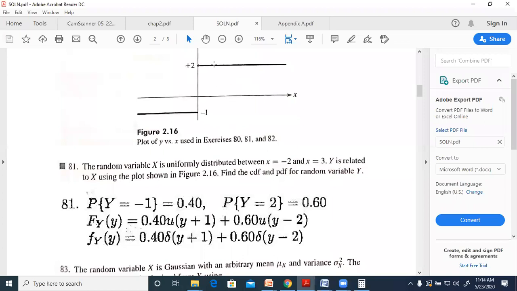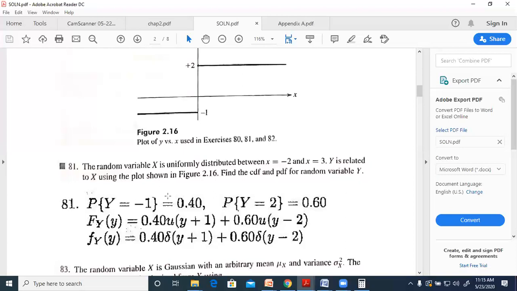Here you can see that y takes the value either -1 or +2. So there are only two values for y, -1 and +2. So when it is -1, what is the probability which we have here? And that turns out to be 0.40,